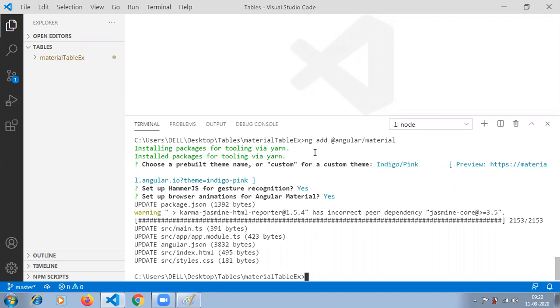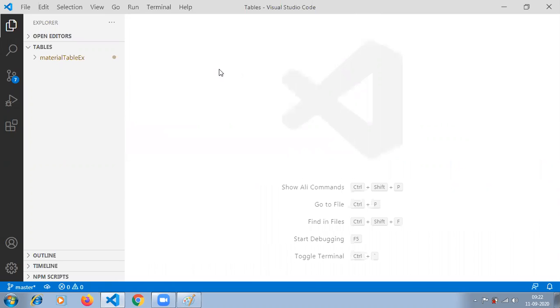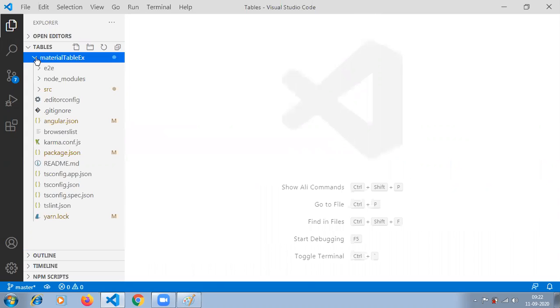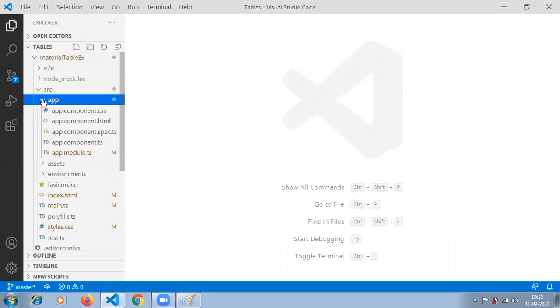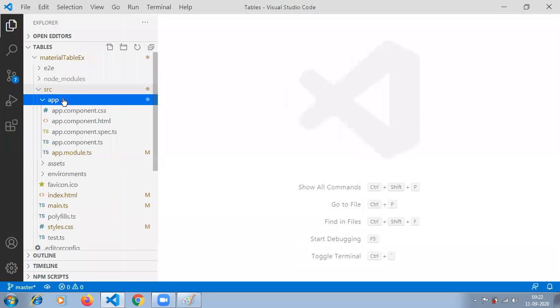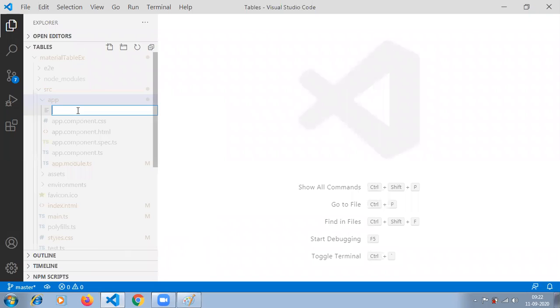So automatically we are able to add Angular Material successfully. After adding Angular Material, guys, can I create our component? Can you tell me how to create the component? Go through the source folder, next the app folder, right click, new file. What is the name of the file? The name of the file is